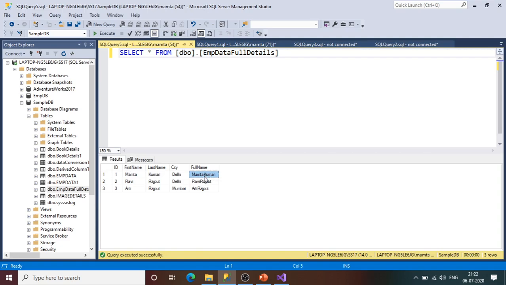But did you check there is no space between first name and last name? So that you can also add in your package. You just add one more space in between the two names, then you will get the correct required information. Okay, truncate.